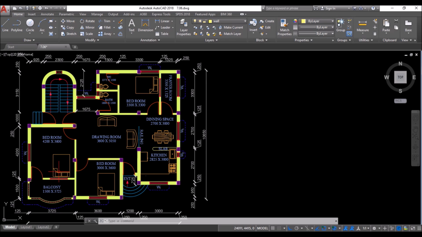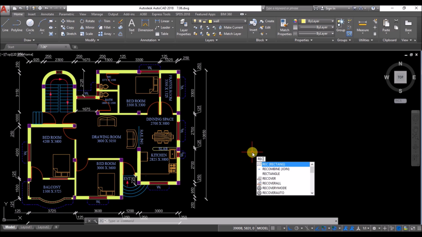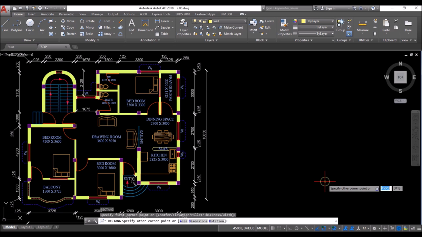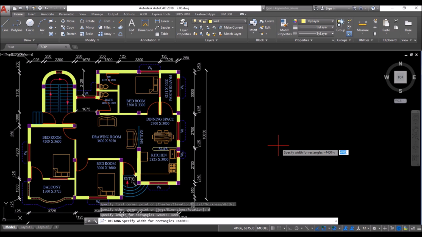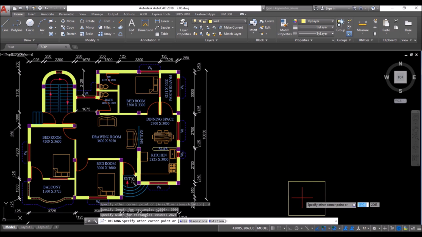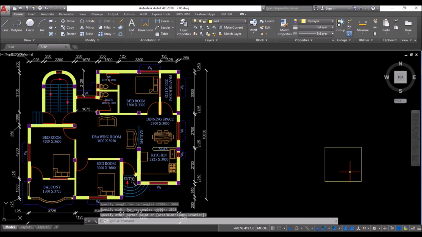Then we will draw these walls. We will start with the kitchen. So if you see the inner dimension, it's 3000 millimeters in length and 2825 millimeters wide including the slab. I'll use the rectangle tool for drawing this. So click on the rectangle tool or type REC and press enter. Then click anywhere in the drawing area. Then for dimensioning the rectangle, click on dimension in the command line or type D and press enter. Then specify the length for the rectangle as 3000 mm, press enter. Then specify the width for the rectangle as 2825 mm, press enter again. And then left click to place the rectangle in whichever direction you want.